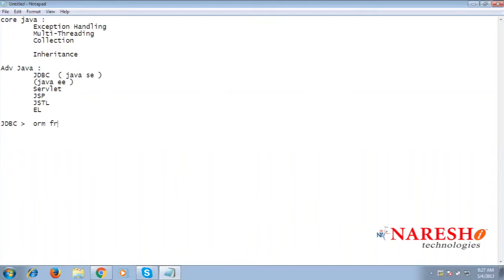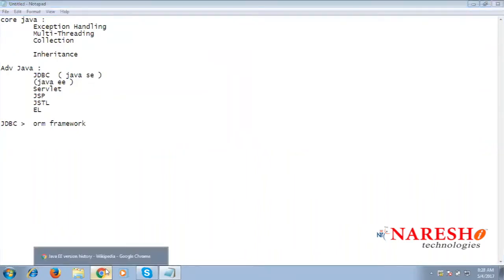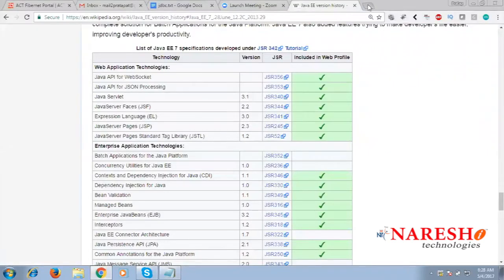ORM frameworks, you take any ORM framework in the Java platform. Don't worry about what this ORM is. Any ORM framework you take in the Java platform, every ORM framework is built on top of JDBC only. And in industry you need to work with at least one ORM framework, such as the highly popular one, Hibernate. So if you just go to Google and search for ORM framework,